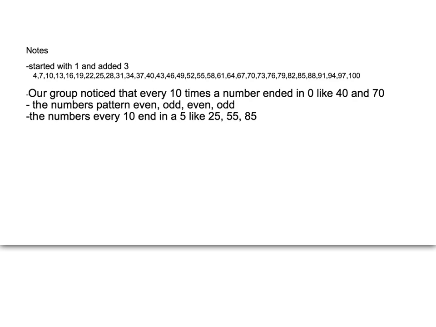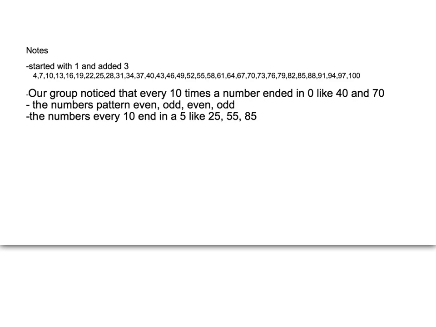So the numbers that we saw in our pattern were 4, 7, 10, 13, 16, 19, 22, 25, 28, 31, 34, 37, 40, 43, 46, 49, 52, 55, 58, 61, 64, 67, 70, 73, 76, 79, 82, 85, 88, 91,